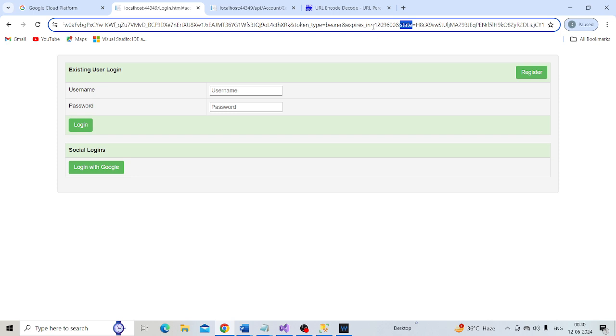Now we don't need all those query string parameters, so we want only the access token value. So we want to further split the string that we have at index position 1.